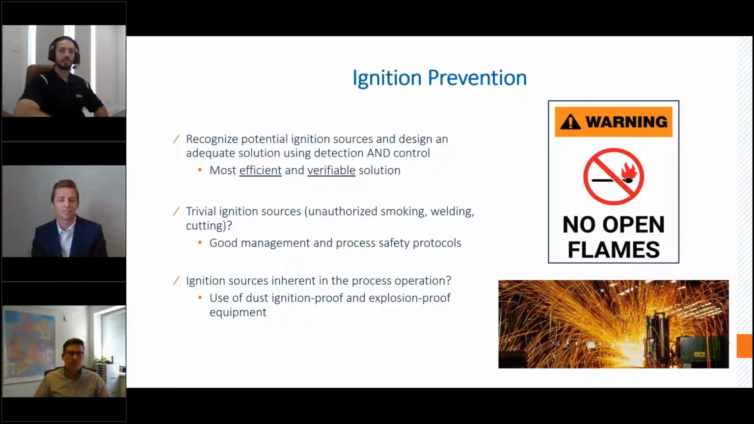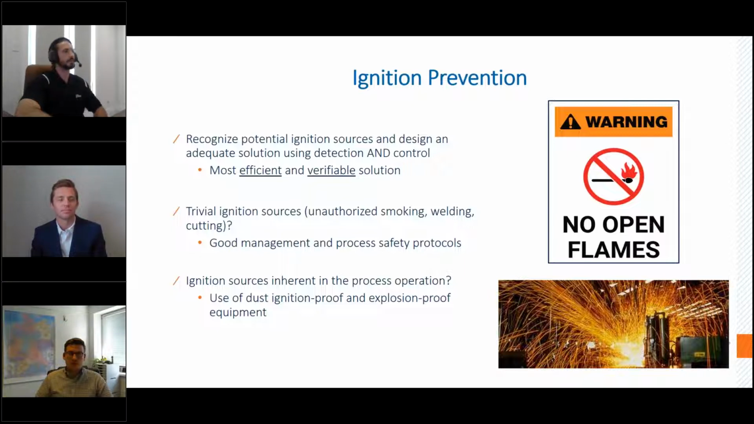For ignition prevention, this is usually one of the easier tasks that a plant can take on to prevent an explosion from occurring: controlling that ignition source. So it's important to both recognize where that ignition source might occur and then design an adequate solution for both the detection and control of that ignition source. It's important to verify that the solution will be valid, verifiable, and